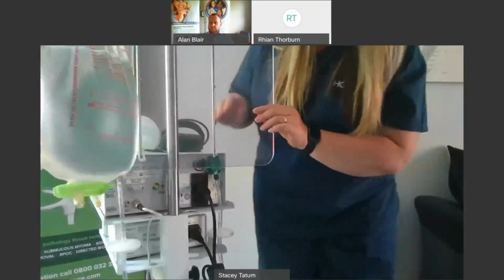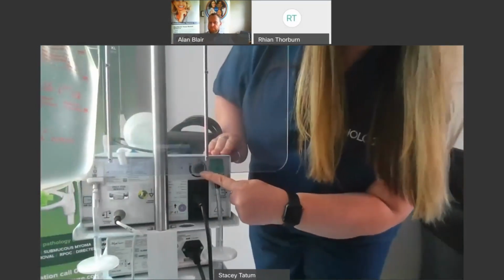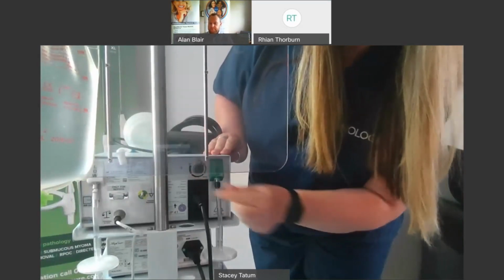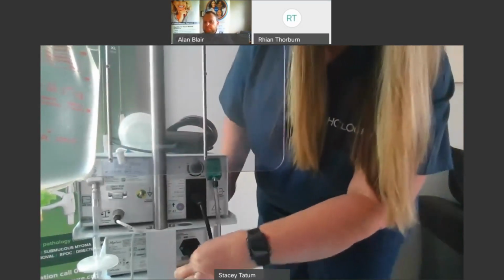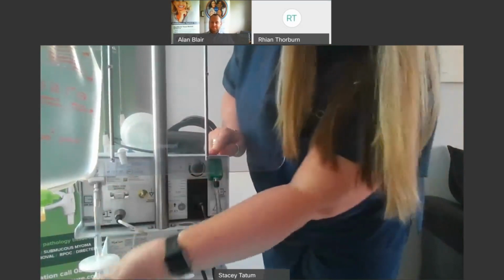Like so. And check your suction dial here. So this should be on 2 o'clock when we start. So I'll make sure that's on at 2 o'clock. I would check that all my plugs are in securely, that my scale is attached and is tight, and then